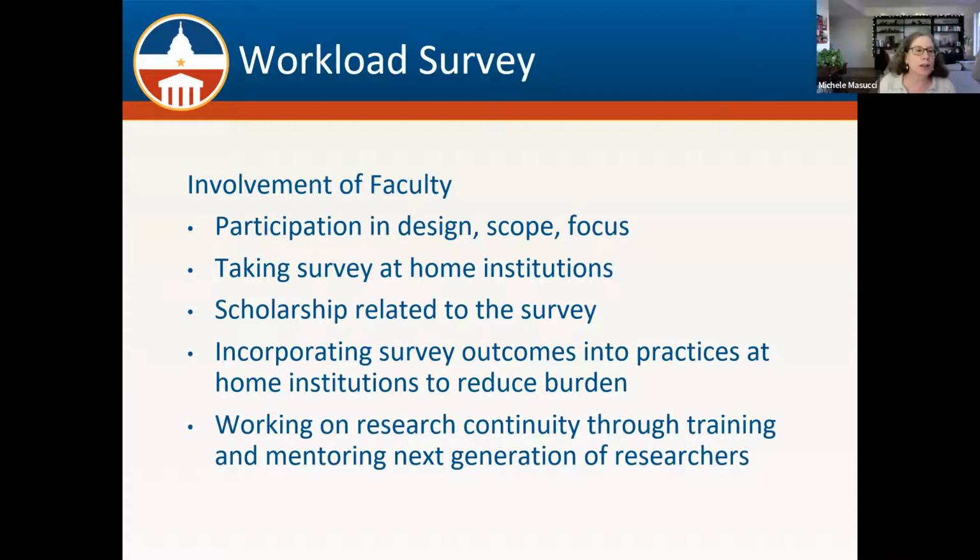A third way that I think faculty can be involved in the survey as a larger project is through your scholarship. So we do have a fair amount of literature that's been published drawing from the data, and the reports of the surveys are frequently cited in the literature. I don't know how many of you have taken the time to look at that, but certainly if it's something